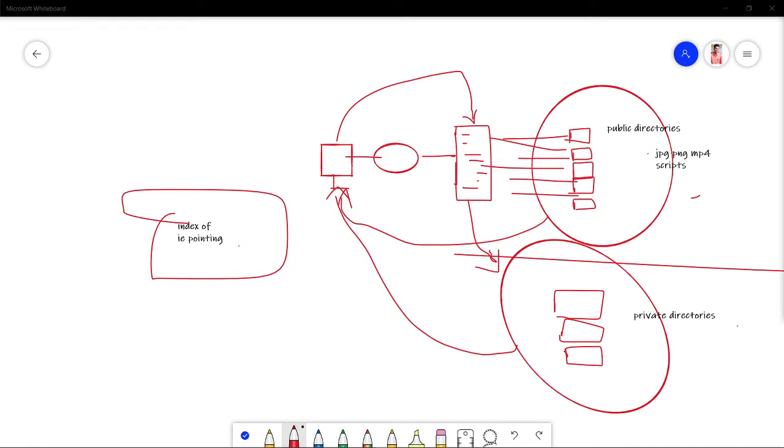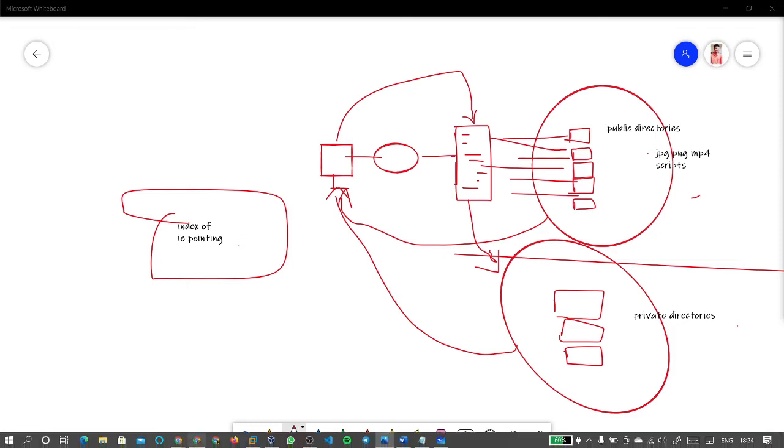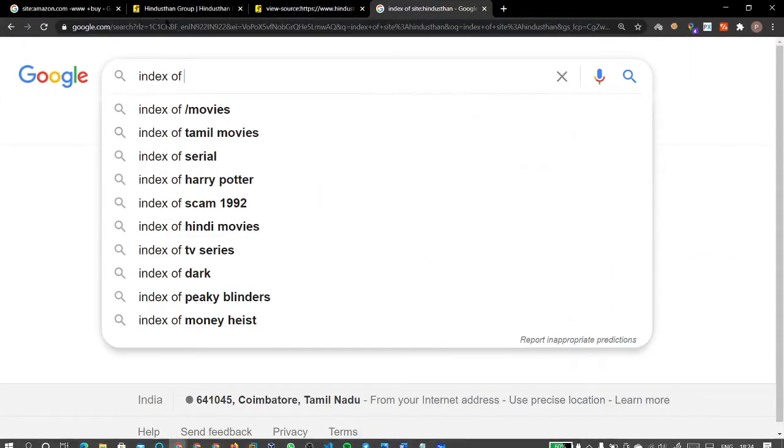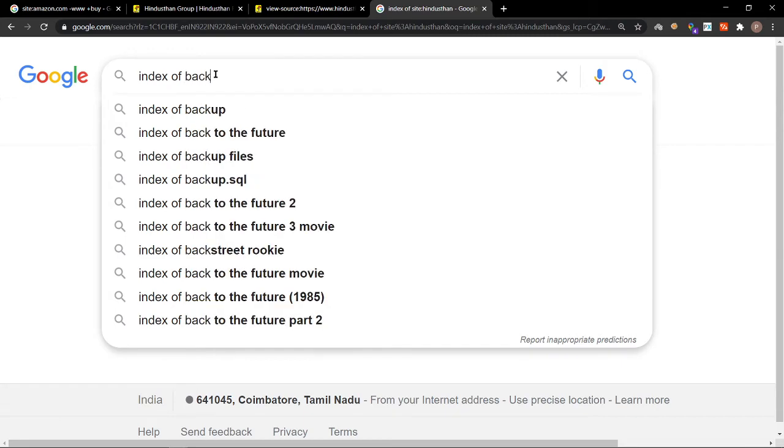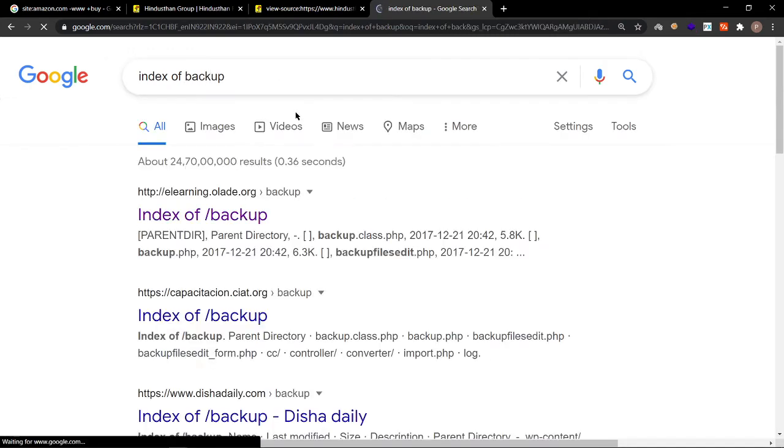Now let us search for something else. We have just entered a general search for index of. Now let us search for index of a particular private directory. So we'll search backup. Backup is a private directory, right? Index of backup.